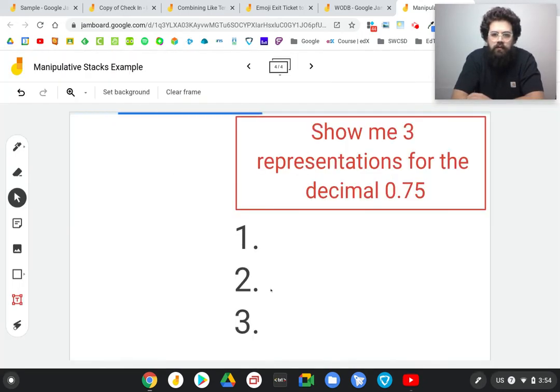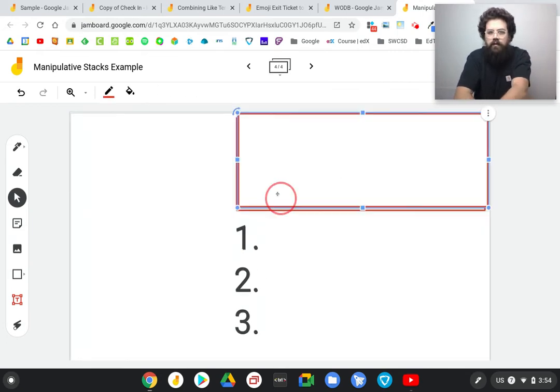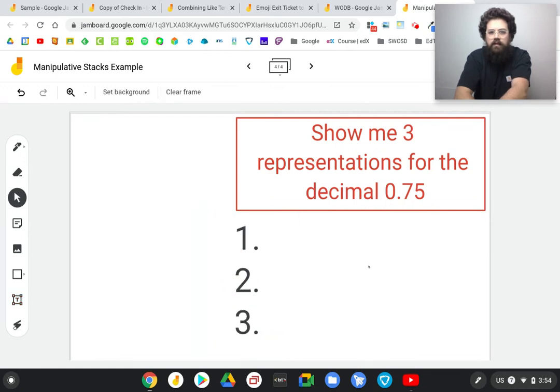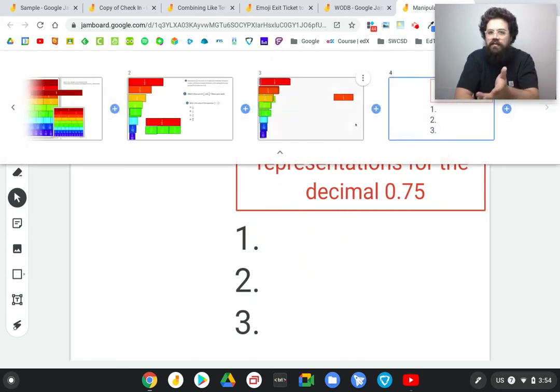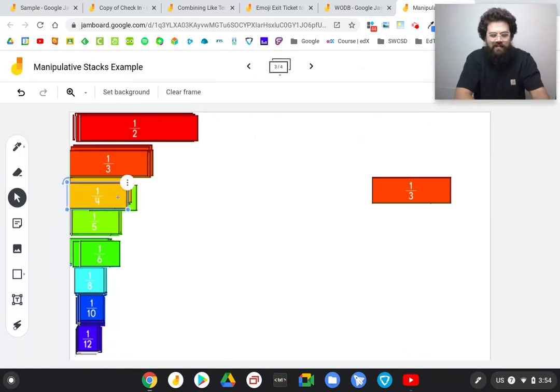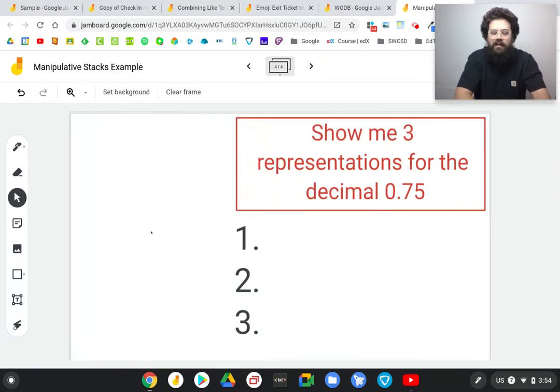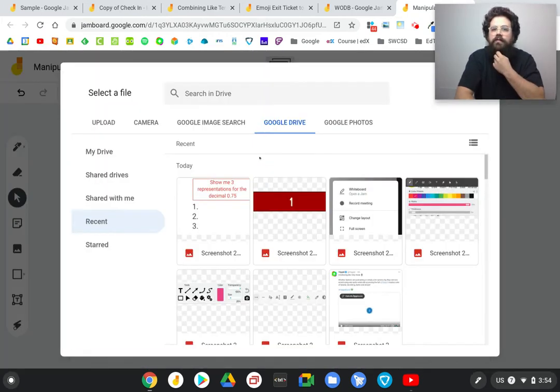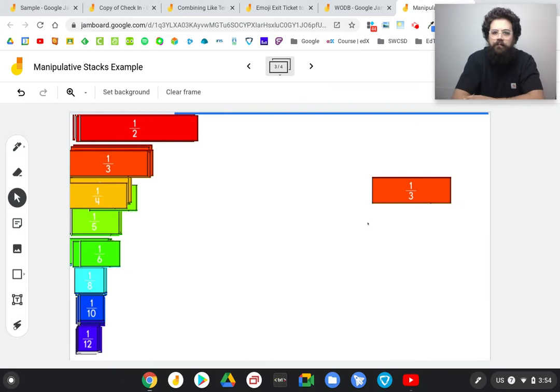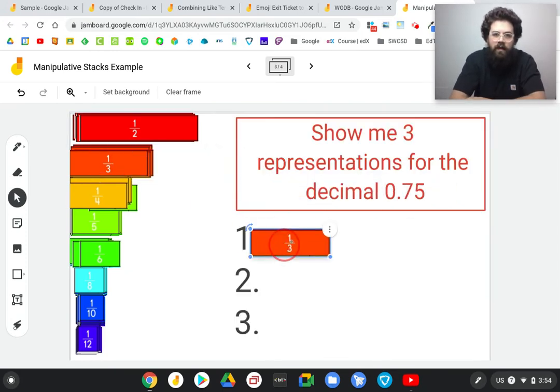Loading. There it is. Perfect. All right, so now it's back there, so I'm actually going to erase everything I just made. And if you notice, now you can't do anything to my background, right? So now I probably should have done it on this slide, because now I'm going to have to bring all these over, which is, again, kind of a pain, right? I guess I could just go in here and set the background, and I could do it right here. Cool. So now my kids could go in here and show me,